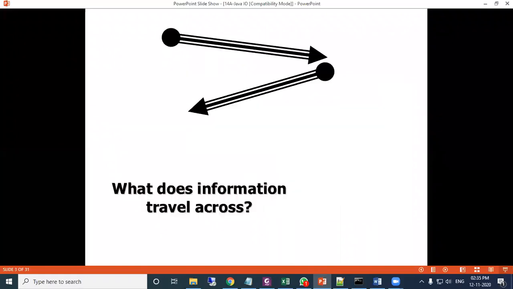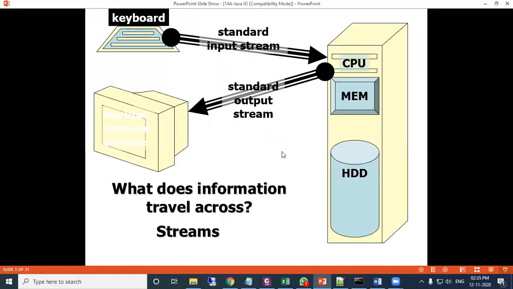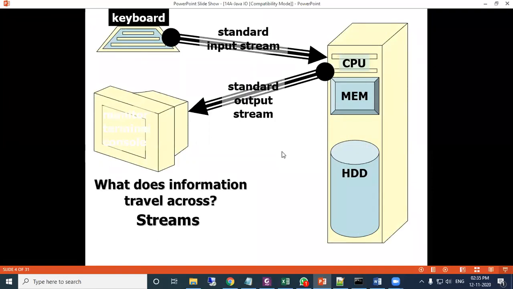Now today we will see the diagram here. From the keyboard, the data is received through the standard input stream, then it goes to computer memory.